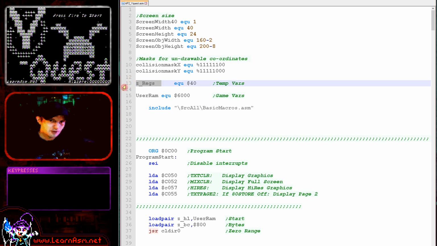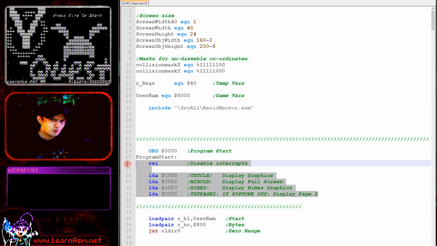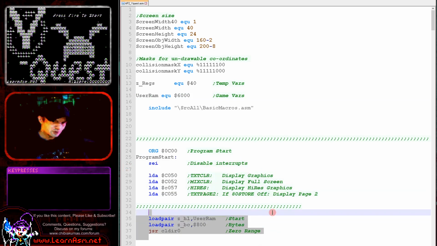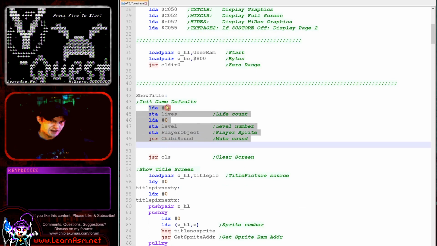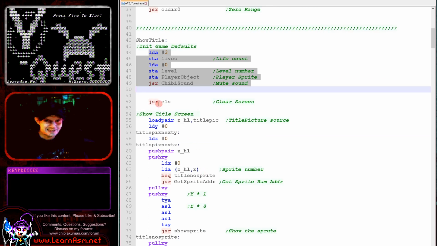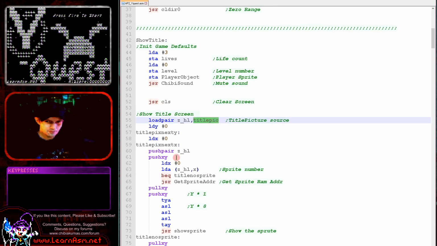We're defining some temporary memory here for the working. This simulates Z80 registers, and we've got some user RAM here, which is for the game variables. When the game starts, we're just turning on the screen here, initializing things, and then clearing the user RAM. We've then got the setup for the new game here, setting up the lives, the sound and the level number and things, and then we're clearing the screen, and now we're showing the title picture to the screen,